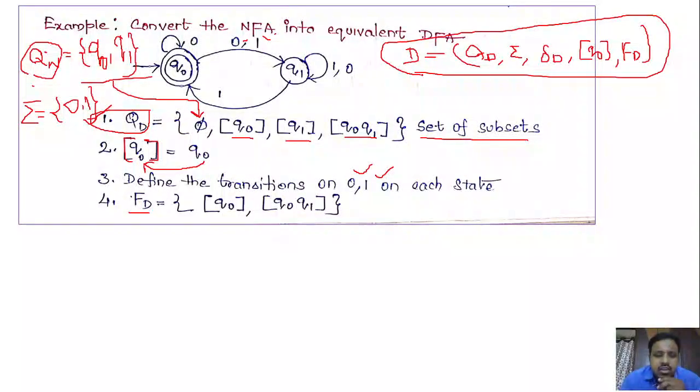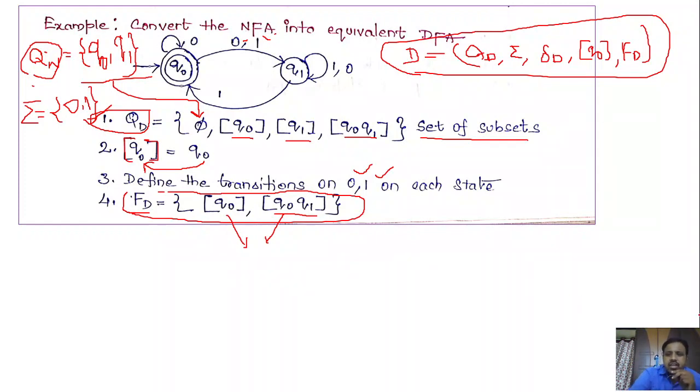Okay. So let us get back to the point here. FD. There I have mentioned the FD as the set of Q0 comma Q0, Q1. Okay. So two states will be the final states. Okay. So when we convert this NFA into the DFA, what will happen? The number of states will increase. Okay, the number of states will increase, and also the final states may get changed, right?